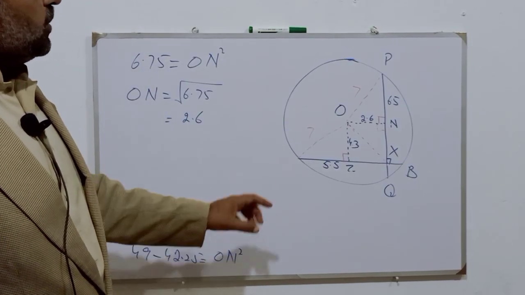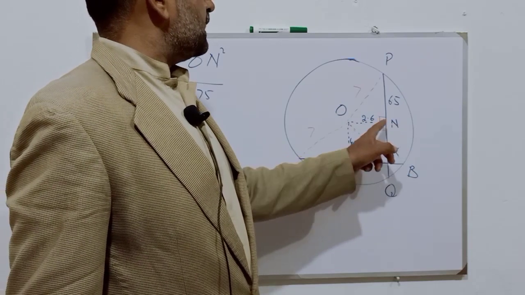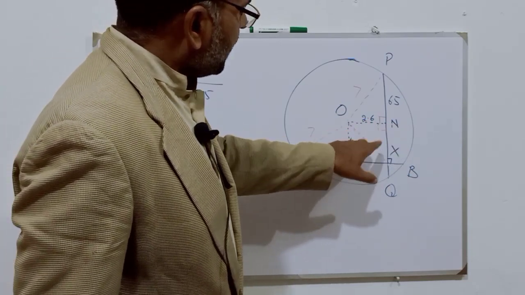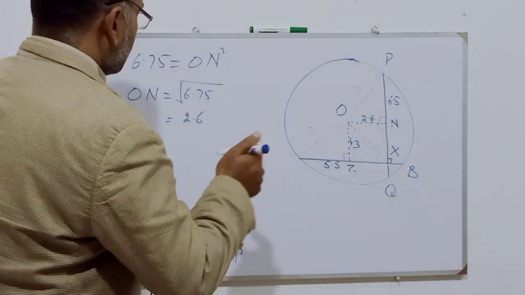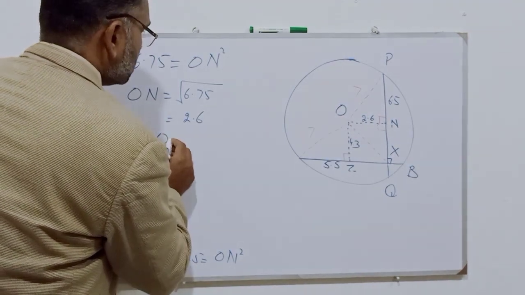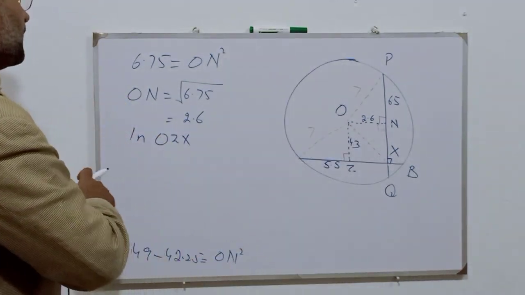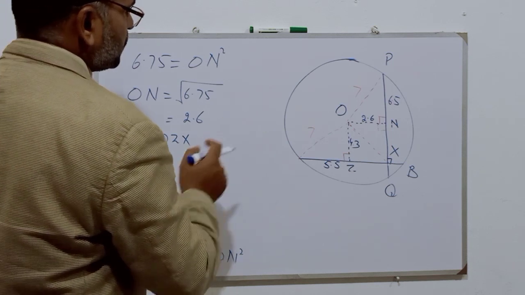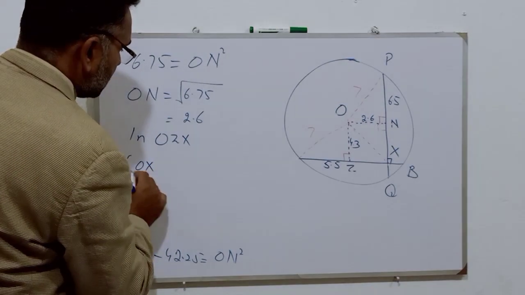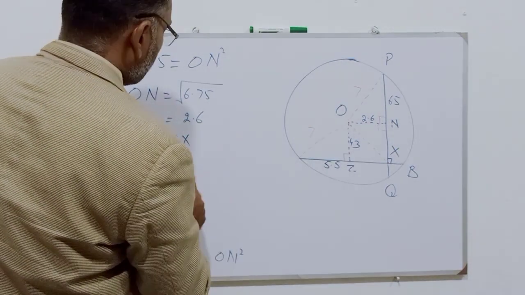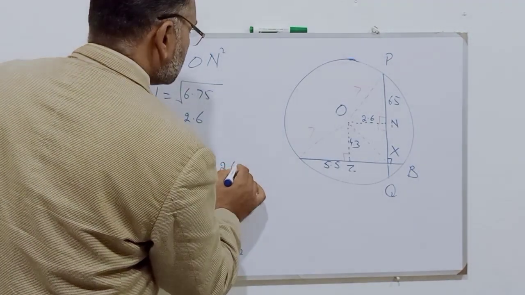Now students, we have found out the value of OZ, that is 4.3, as well as the value of ON, that is 2.6. Now by using any of the triangle, we can find the value of OX, and I will write as in triangle OZX. Hypotenuse, again we will use Pythagoras theorem, so I need not write the Pythagoras theorem again and again, so I will put the values in direct form as hypotenuse is OX square is equal to perpendicular is 4.3 square plus 2.6 square.